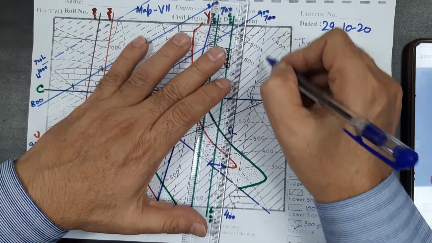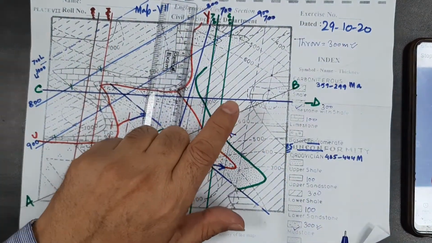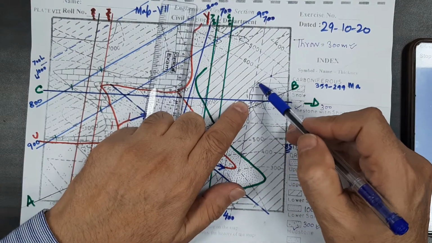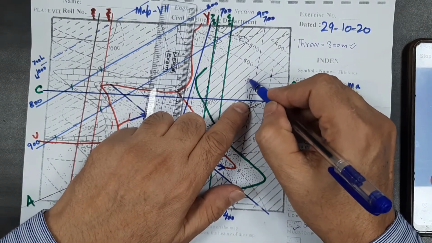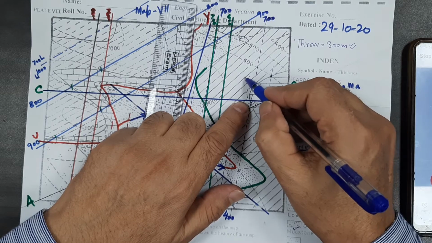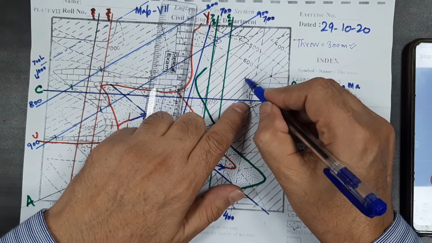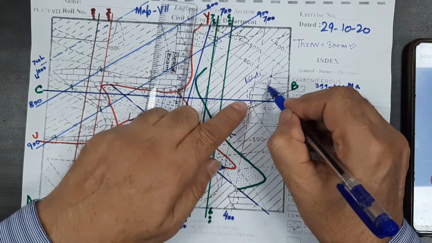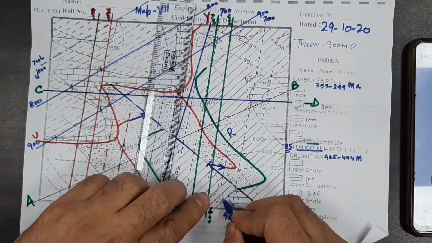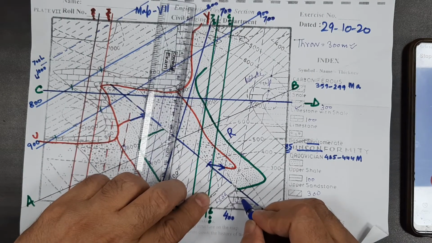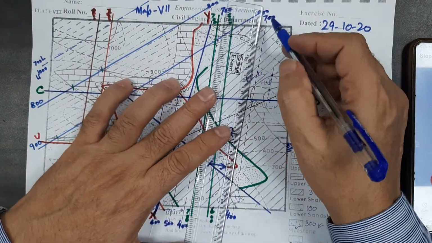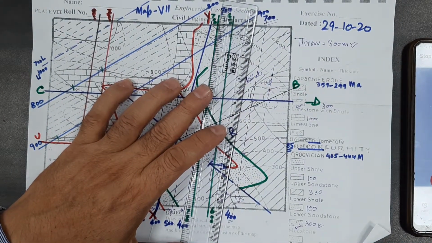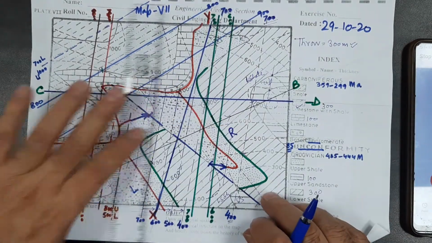You see, this is a strike line of 700 in between upper shale and lower sandstone. See here, this is upper sandstone, sorry, this is lower shale and this is upper sandstone. The same rock here also, lower shale and upper sandstone. See, the strike line which has got a value of 700 here, the same strike line has got a value of 400 here, so the throw is 300.